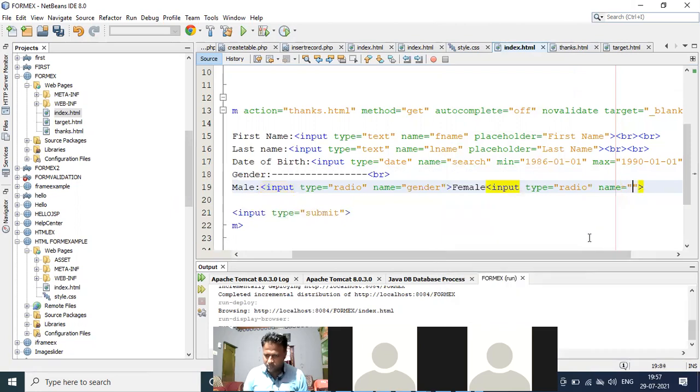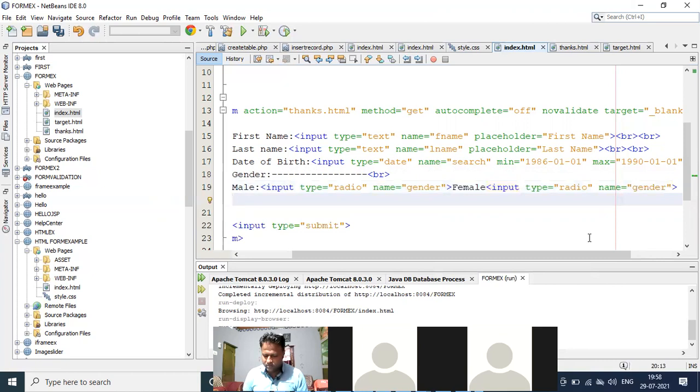Name is equals to gender. Then I pass other. Input type radio.